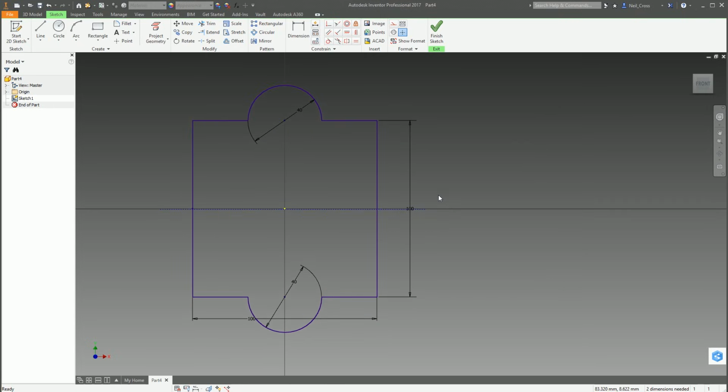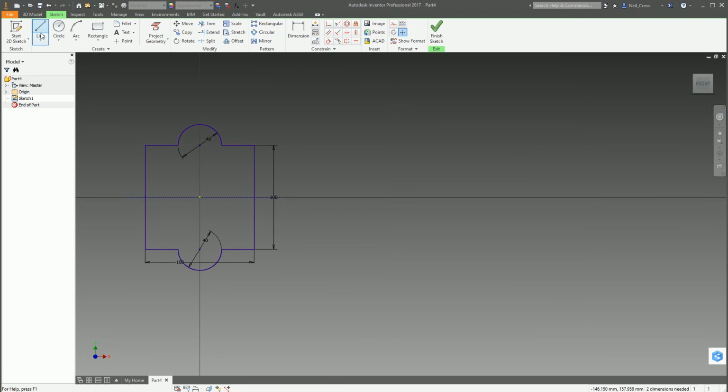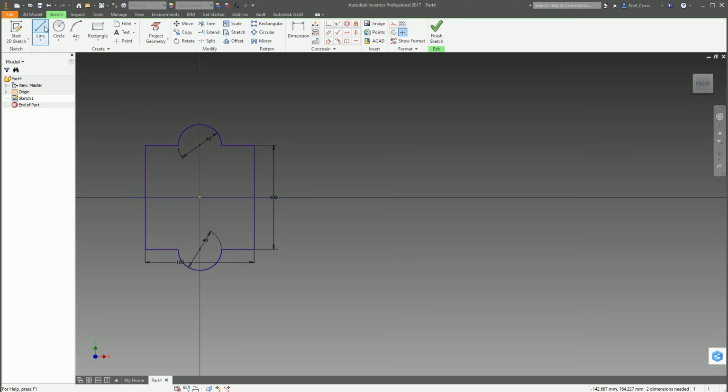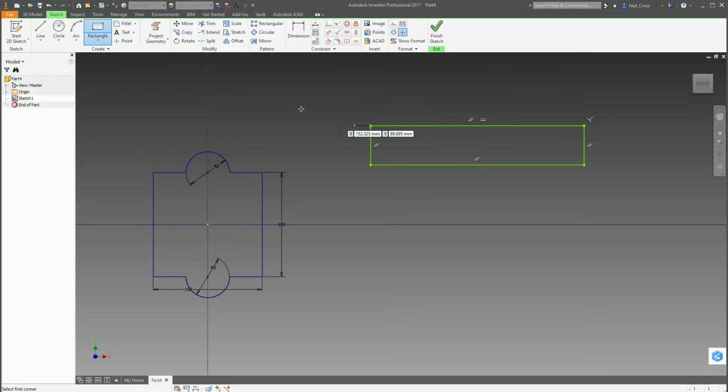So the symmetry constraint is what it is. It makes two objects symmetrical around a center line. So for example, let's do a rectangle here, and then we're going to have like a chamfered edge. Let's just track along, and then like that. And then we'll do another section over here, track along like this. And I need this line here and then this line here to be symmetrical. I want them to be on the same angle, whereas right now they're not. See, that line there is free to change angle.